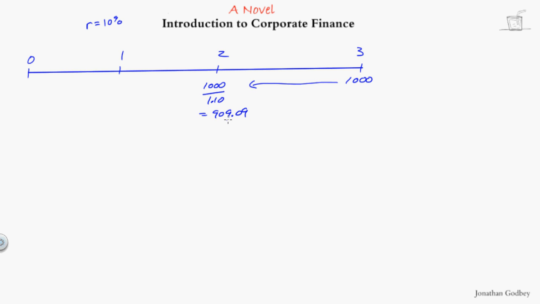If your bank account has $909.09 in year 2, how much will it have in year 1? $909.09 divided by 1.1, which is $826.45. If you have $826.45 in the account in year 1, how much do you have in there today? $826.45 divided by 1.10, which is